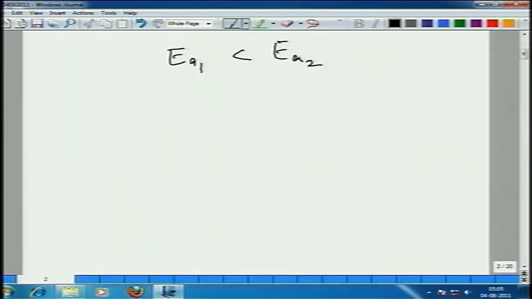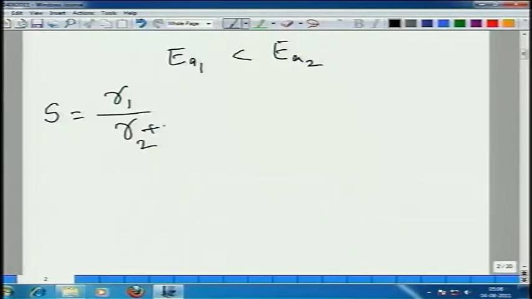Now we want to figure out how the sensitivity, how do you define selectivity? Have you heard of selectivity in reaction engineering? Let us say for the same resistance, the rate of reaction of reaction 1 divided by the rate of reaction 2, this is called selectivity. So how much desired product is being produced in the reactor? I do not know if it is this, maybe it is R1 plus R2, sorry.